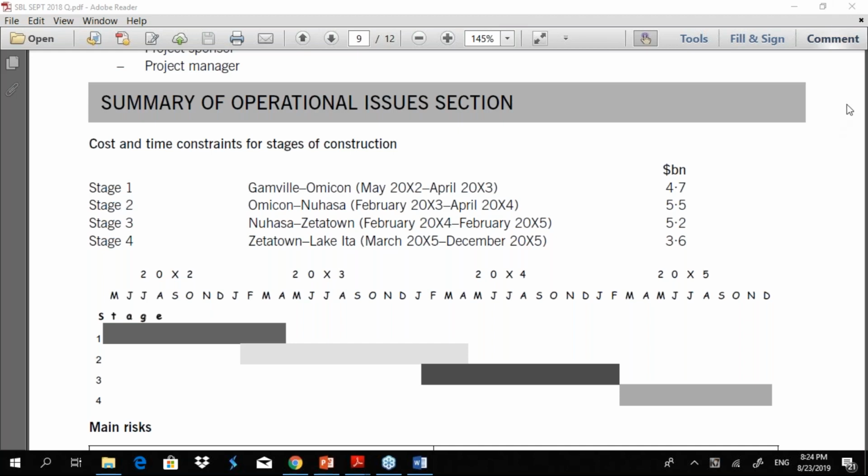Anything else that you would like to bring in to your critical evaluation? Any other observations? All right, do we have to balance the points between the contents of the PID and the operational issues section?